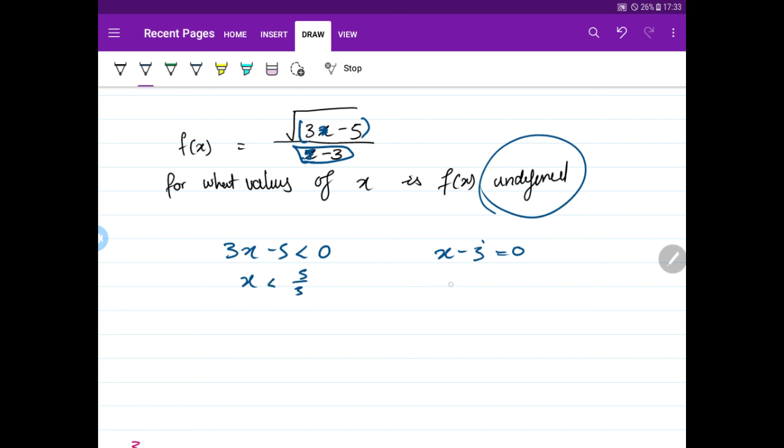X can be 5 over 3. But x cannot be less than 5 over 3, and x cannot equal 3. But if they ask for which values of x is f of x defined, then you'll state the opposite. It's defined for when x is greater than 5 over 3. So any number greater than 5 over 3, but x cannot equal 3. And yeah, that's a bit of maths knowledge just